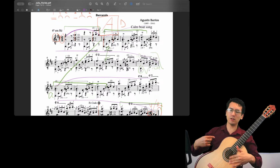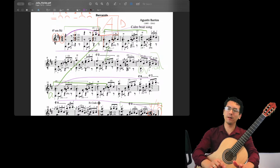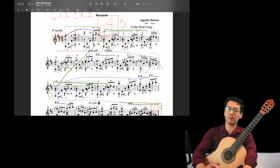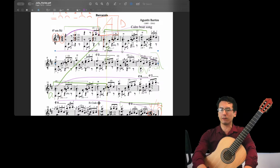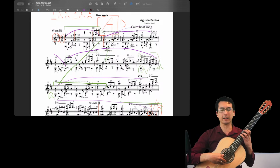I've pushed the music all the way to that point. And maybe phrasing is down to interpretation. Barrios didn't leave phrase markings for us, so it's down to interpretation. So maybe instead of the whole 8 measures, you want to do 4 measures, 1, 2, 3, 4, and then another 4, something like that, right? So that would sound like...